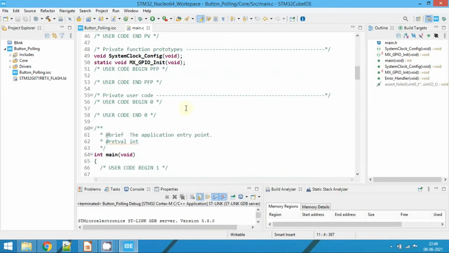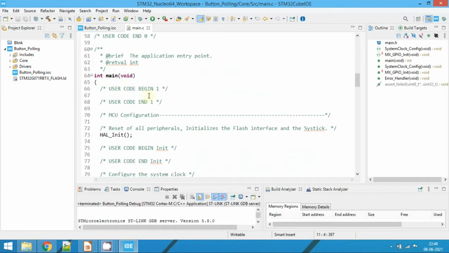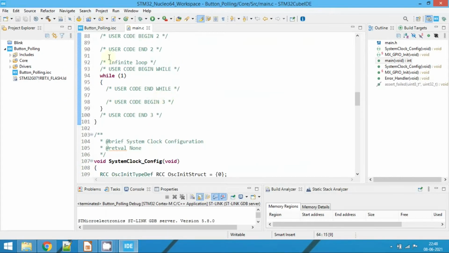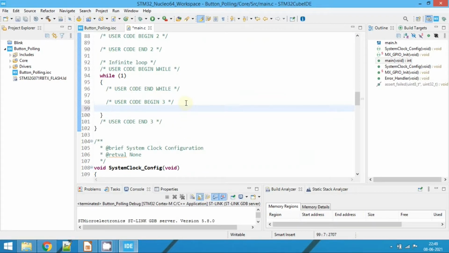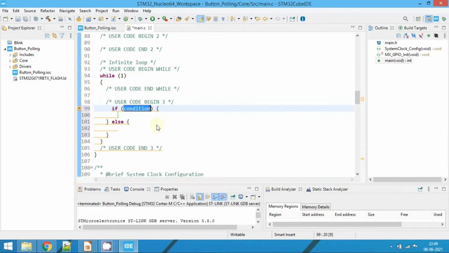Now once the code is generated, so now go to the main and then go to the while loop. Here we are going to read the user button. So I'm going to take one if else statement here. So the condition is HAL_GPIO_ReadPin.